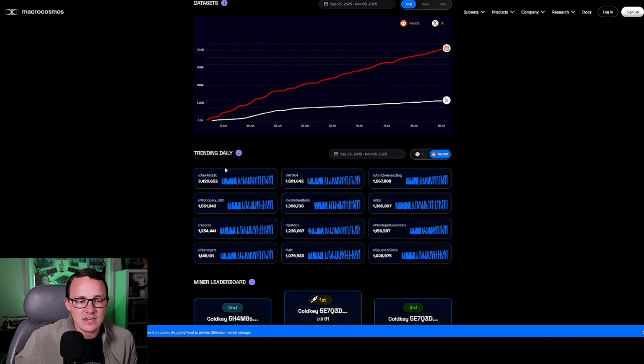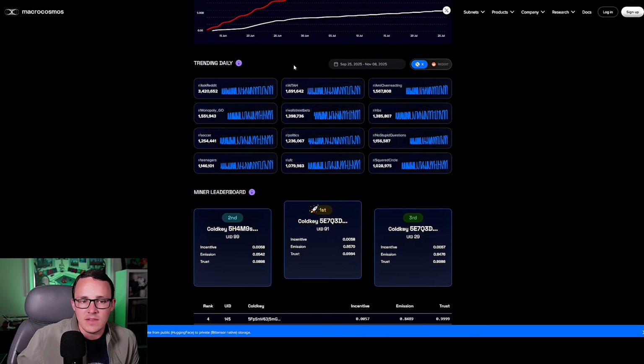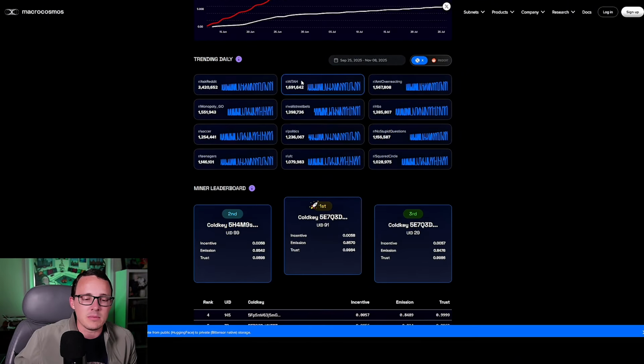And then here you can see the daily trending in terms of what people are actually talking about, and the most popular Reddit threads. You can also see the same thing on X. If you click it over to X, it doesn't look like it's loading up right now, but it will be toggleable, and you should be able to see the same thing on YouTube whenever they eventually get this added in. You'll be able to see the trending.